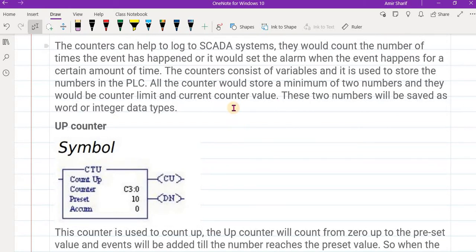Counters are actually used for counting the number of events on the input side. Okay, so they're useful, for example,